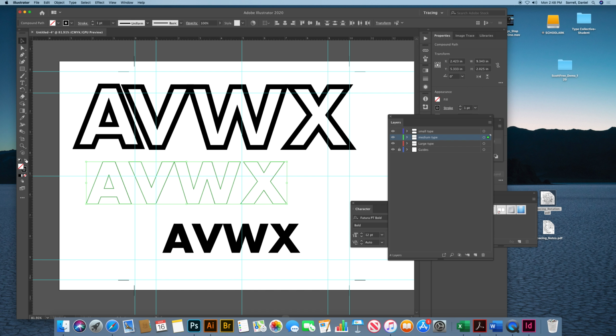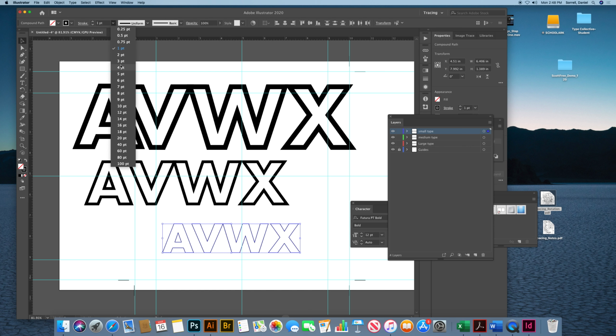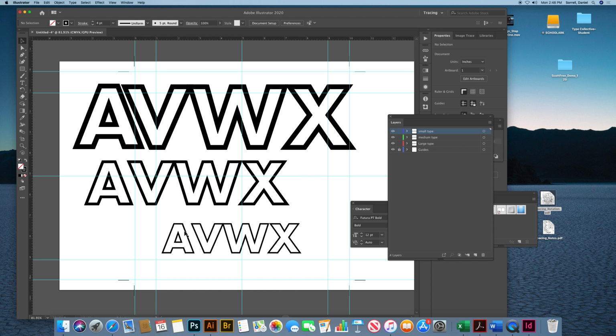I need to flip that. Make that about 8. Maybe go 9. And then the smaller one, again, I flip that. And I can do that at 4. So I get a nice differentiation. And as mentioned, I can do these at